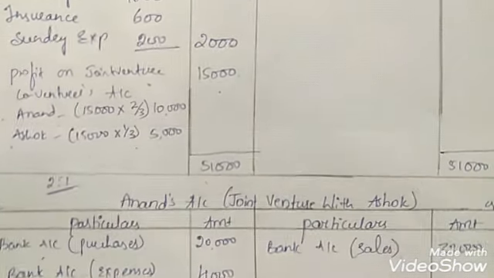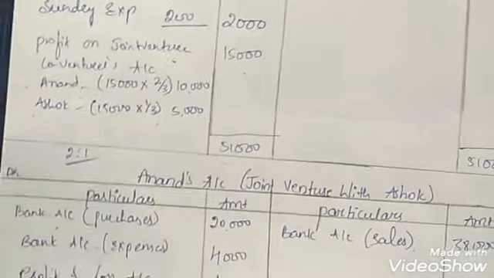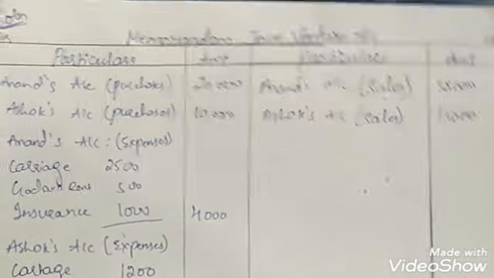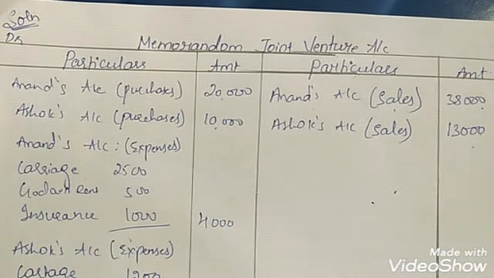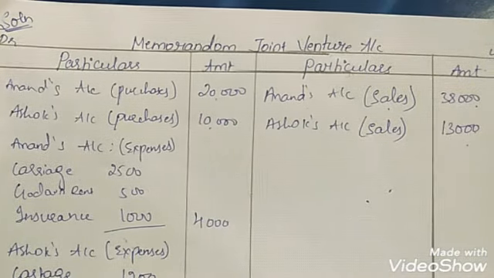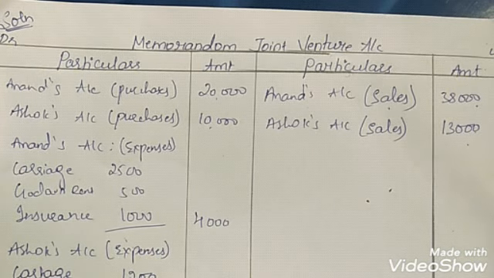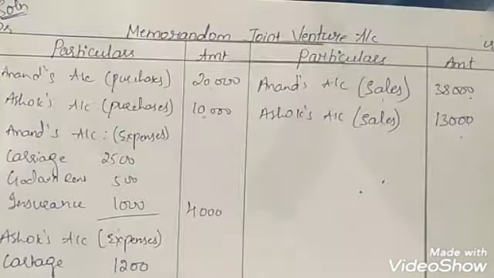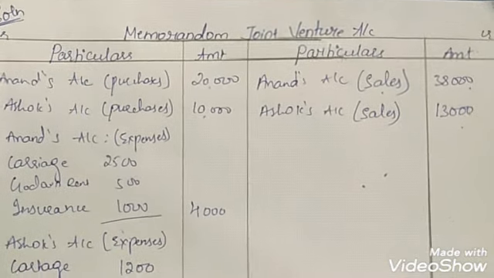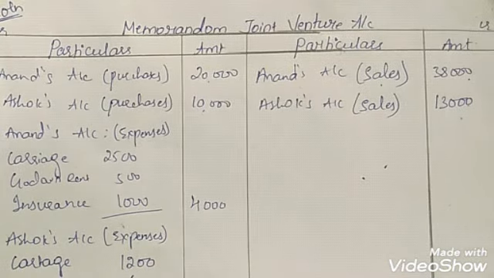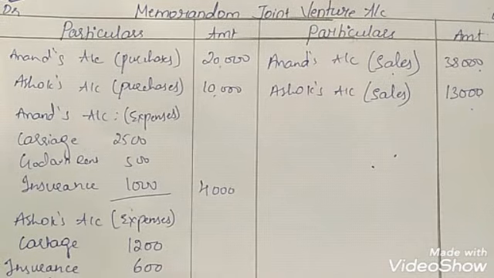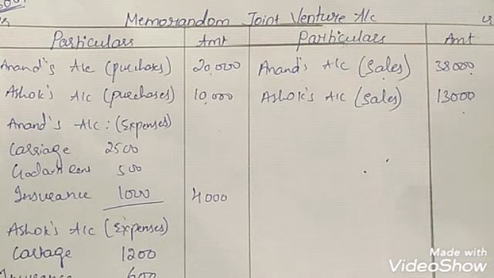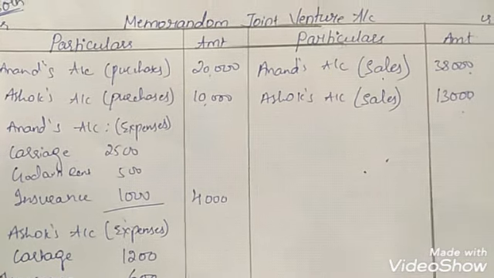Okay, so out of all the three methods of maintaining books of accounts, the memorandum joint venture account is very easy. When you watch the previous videos or you already know the different methods, then you can easily compare. You can come to know that the memorandum joint venture account method is very easy. So do watch the previous videos, or you will find it very difficult to understand what joint venture accounting is, and you won't be able to properly solve the problems.